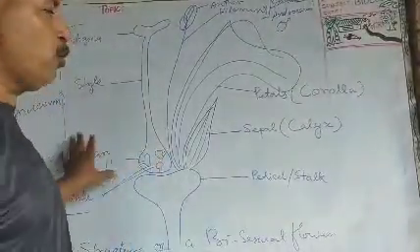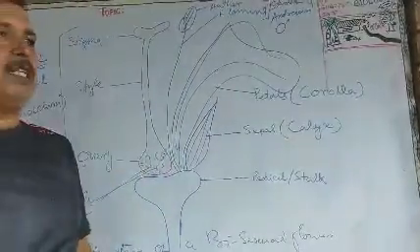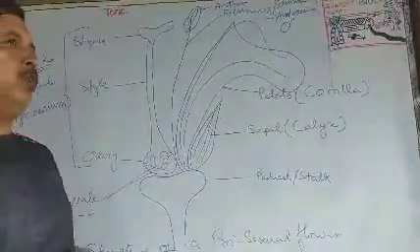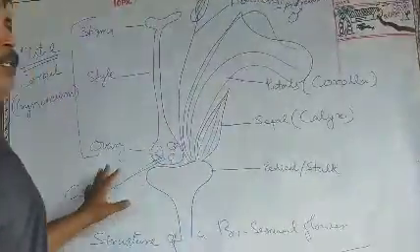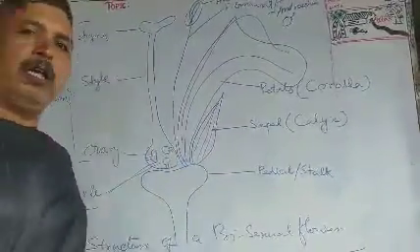You need to practice this figure at least 5 times at home, and you should be thorough to label these parts, right? I have not followed the provisions of labeling strictly, but at your level it will do. You just follow this and practice this figure. That's all. Thank you.